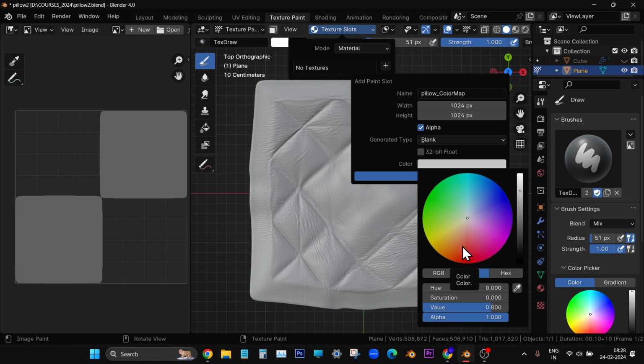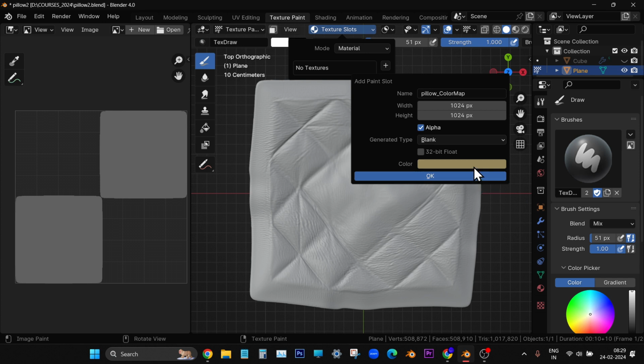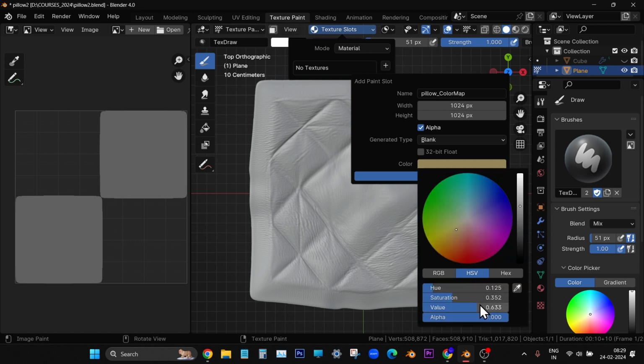Yesterday we were trying some blue color, sky blue color. No, today we can try different. Some cream color we can try. Okay, this cream color. Okay, fine. This cream color is okay. Now I'll say okay, and then